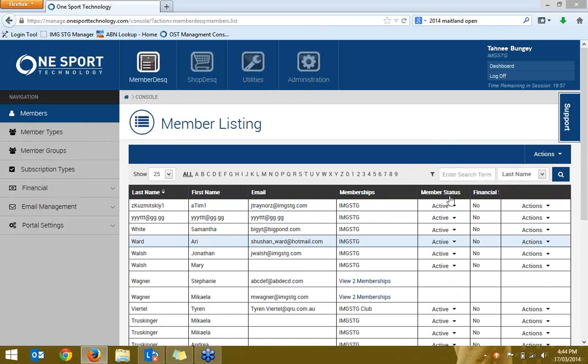So if we were going to look at a member, I'll choose Jonathan Walsh here, we can see that he belongs to IMG STG console. He's an active member. We can change him to an inactive member should we need to, for whatever reason, if he's been suspended or he's no longer a part of our club. And we can see that he's not financial. So if we choose to view this member,